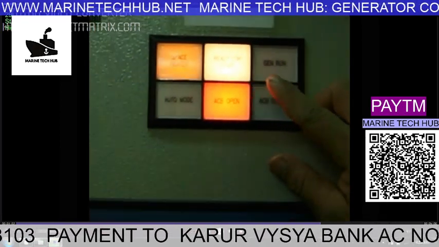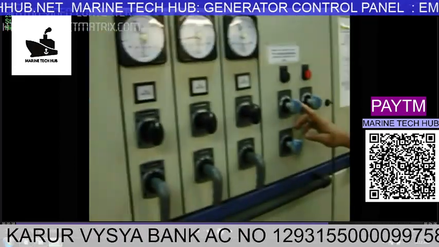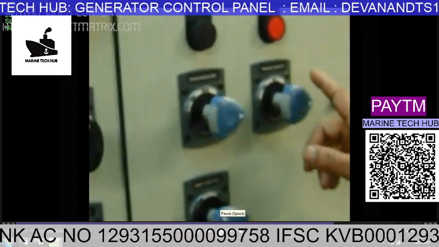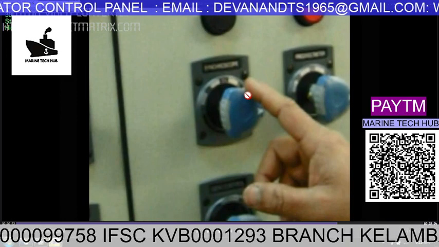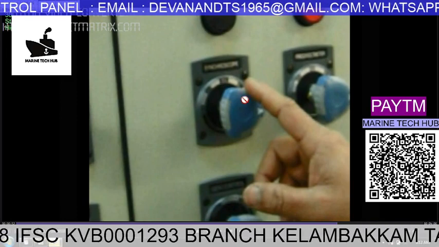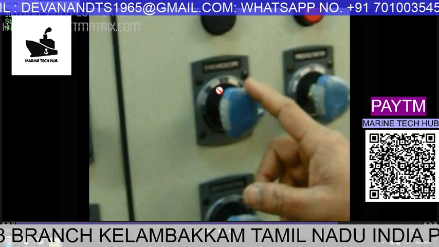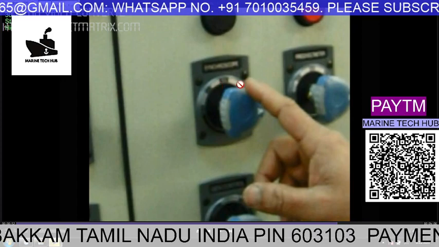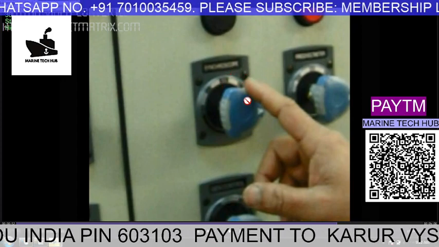Another thing is, if you want to start the generator and synchronize it, this is what I am going to show you here. We have a synchroscope here, and you have to keep this off when you are not using it. You have to turn this knob to the particular generator which you want to synchronize, 1, 2 or 3, and once the synchronization is over, you have to put it off.